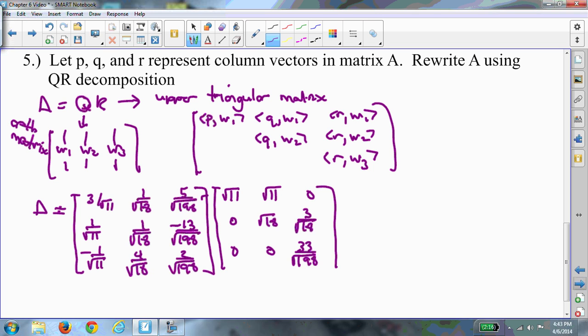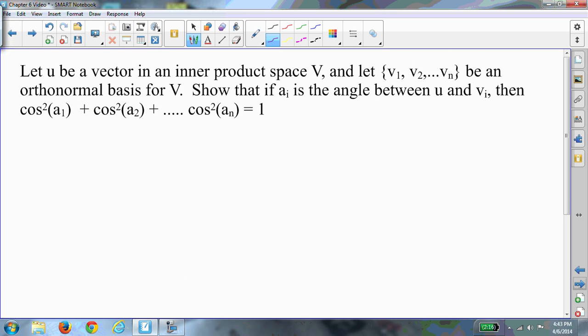Alright, time for another proof. So this one I want to show that if I take the cosine squared of each of these angles, it actually equals 1. So I'm going to start with the left side, obviously, because it's easier to work with here. So cosine squared of A1 plus cosine squared of A2 plus, so if I just use my cosine definition, this would equal,